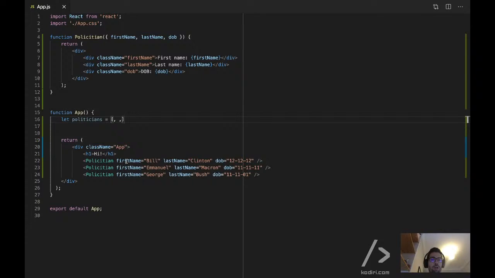That's correct, because we got multiple properties associated to each politician. I think an object is going to work really well, because we could have a list of key value pairs. First name Bill, last name Clinton, date of birth, whatever. Yeah? So we want 3 objects,